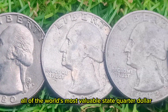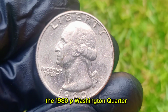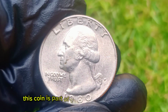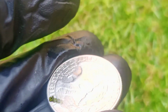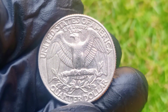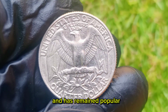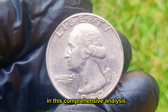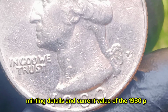All of the world's most valuable state quarter dollars were minted in the United States, though there are a few exceptions. The 1980P Washington quarter is a coin of significant interest to collectors and historians alike. This coin is part of the Washington Quarter series, which has been a staple of American coinage since its introduction in 1932. The series commemorates the 200th anniversary of George Washington's birth and has remained popular for its historical significance and numismatic value. In this comprehensive analysis, we will explore the history, design, minting details, and current value of the